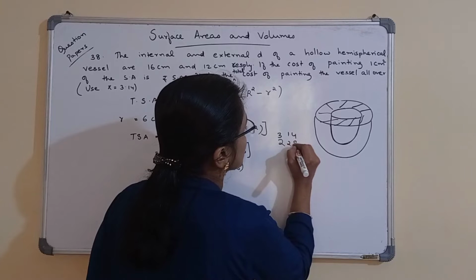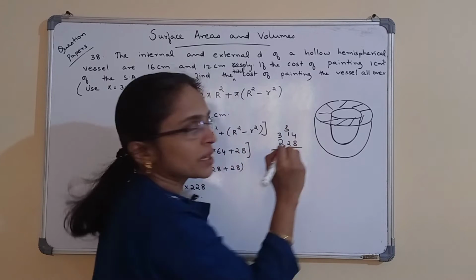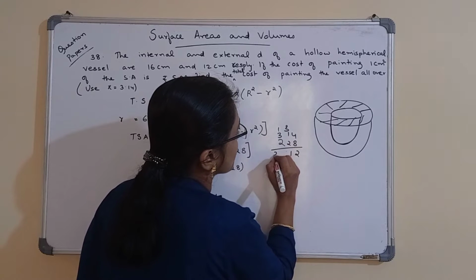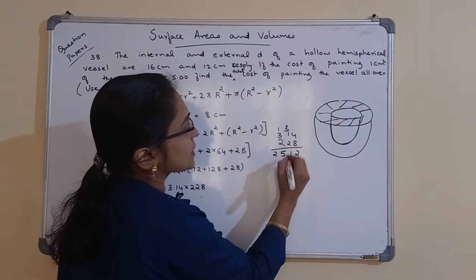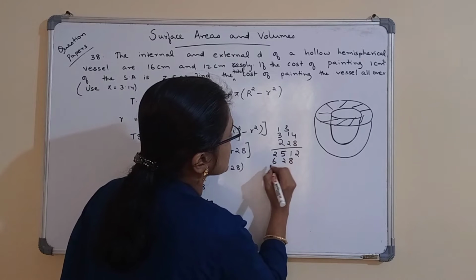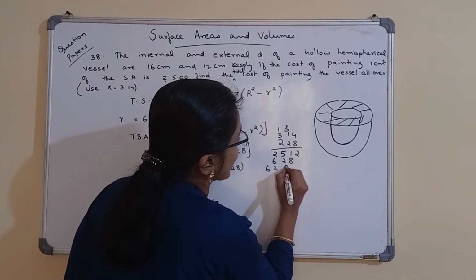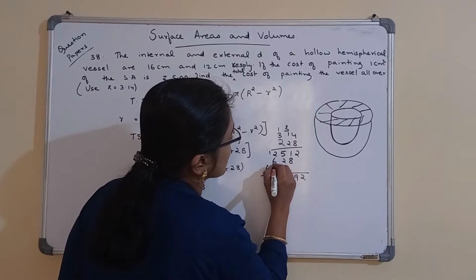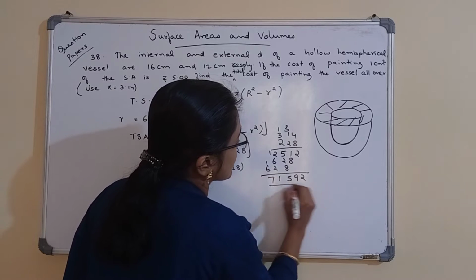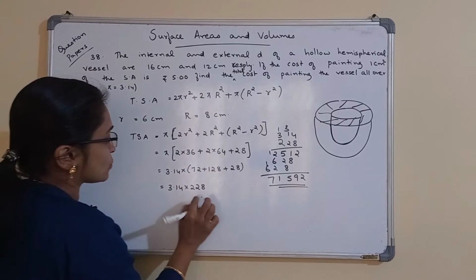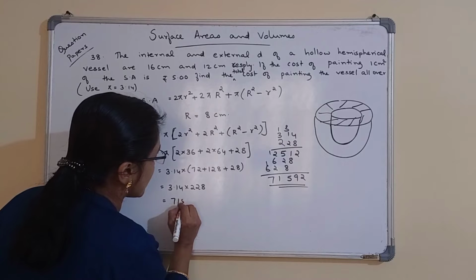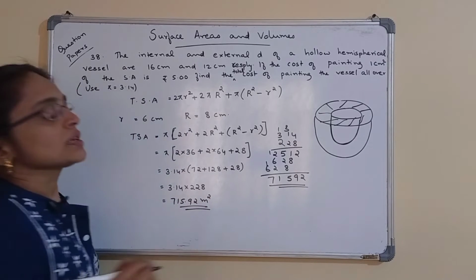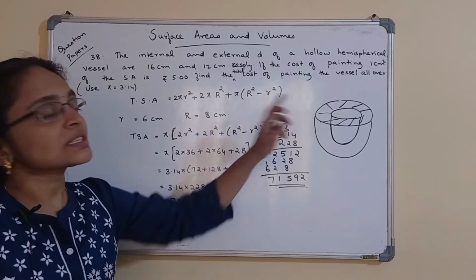314 into 228. 4 8s are 32. 3 carry. 8 plus 3, 11. 3 8s are 24. 24 plus 1, 25. Then 8, 2, 6. 6, 2, 8. 2, 9, 15, 11, 7. 71592. So this is equal to 715.92 meters square. So total surface area of this hollow hemisphere is